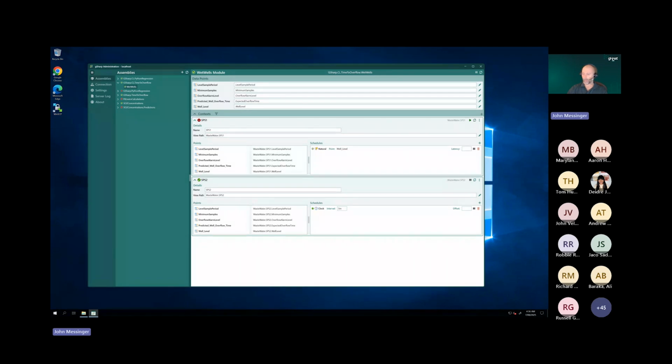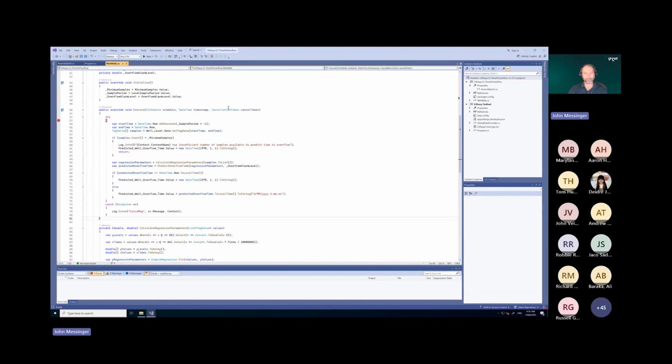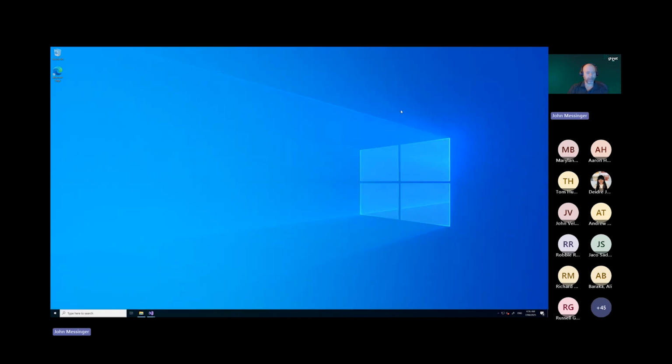Okay. I'm going to go back to Visual Studio for just a couple of moments because I want to talk about some of the other types of use cases that you might find for gSharp. So we'll spend a few more minutes looking at this, and then we'll be able to open up the Q&A to answer any questions that you might have. Some of the use cases that we've identified and explored with our customers